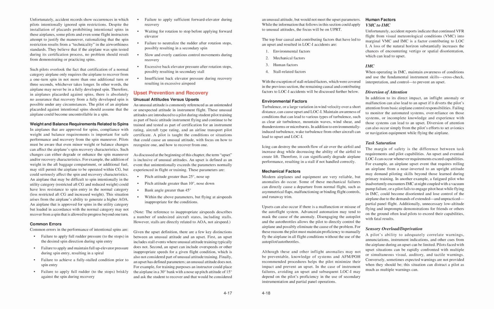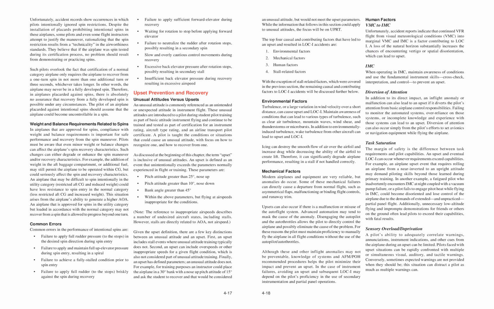Mechanical factors. Modern airplanes and equipment are very reliable, but anomalies do occur. Some of these mechanical failures can directly cause a departure from normal flight, such as asymmetrical flaps, malfunctioning or binding flight controls, and runaway trim. Upsets can also occur if there is a malfunction or misuse of the auto flight system. Advanced automation may tend to mask the cause of the anomaly. Disengaging the autopilot and the auto throttles allows the pilot to directly control the airplane and possibly eliminate the cause of the problem. For these reasons, the pilot must maintain proficiency to manually fly the airplane in all flight conditions